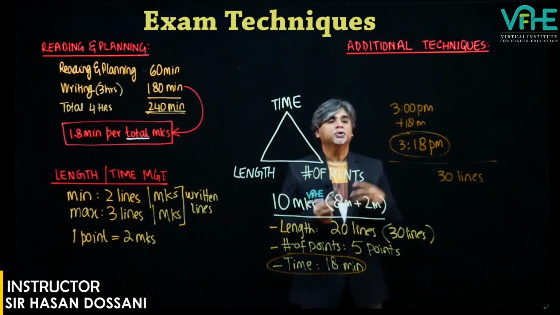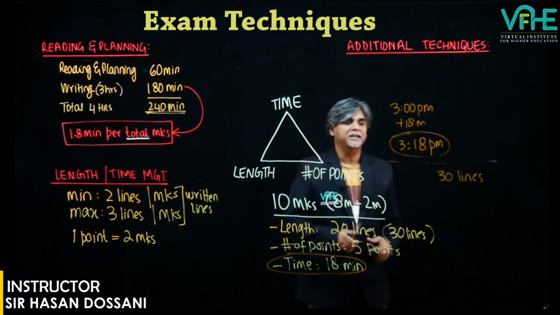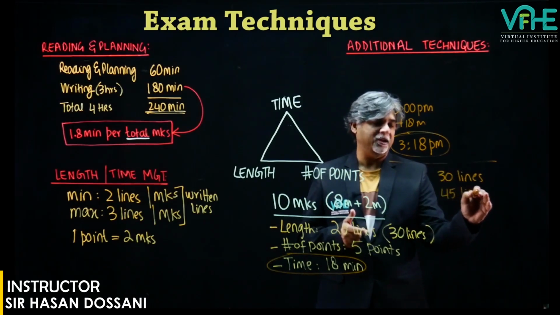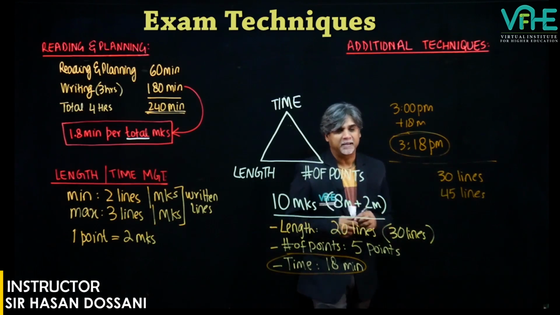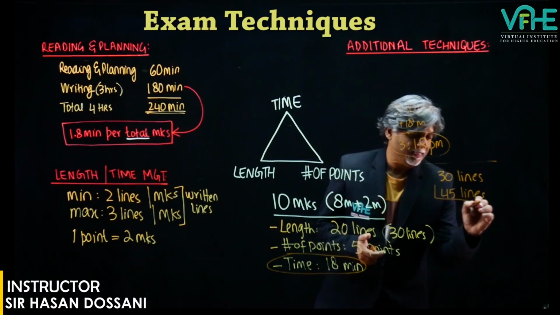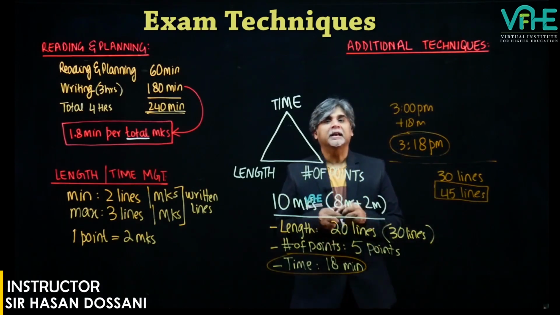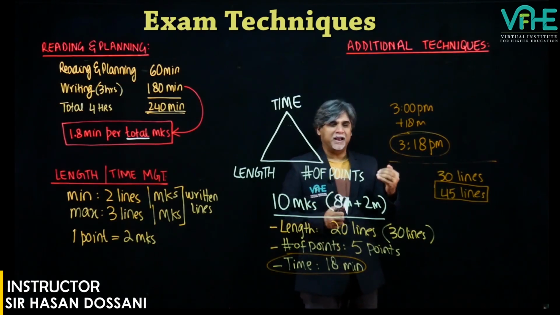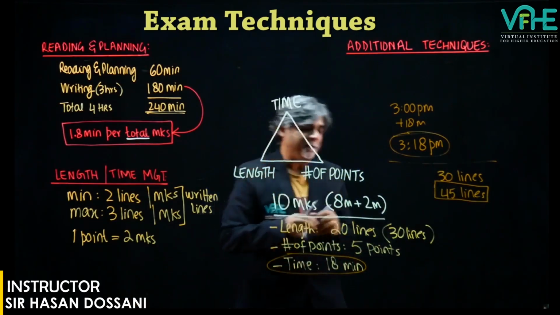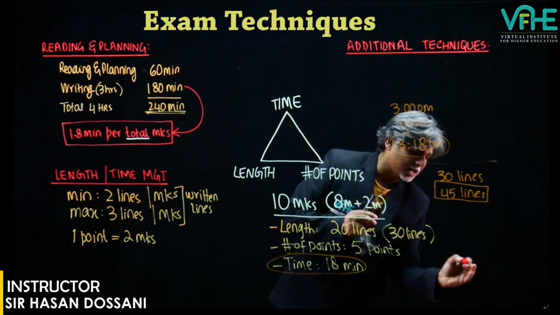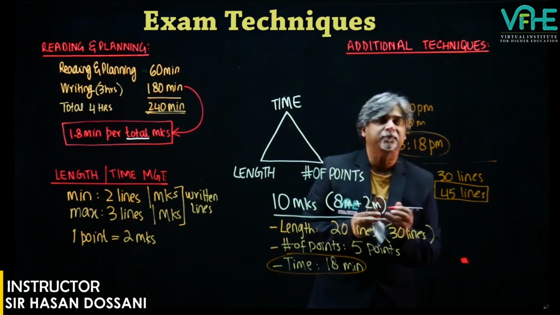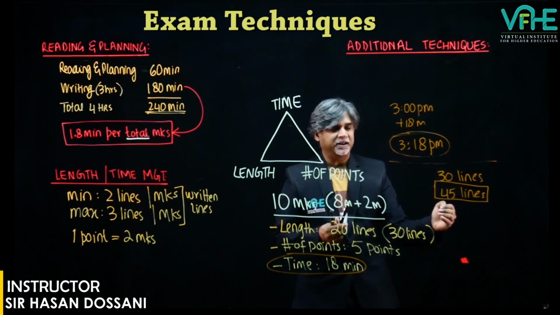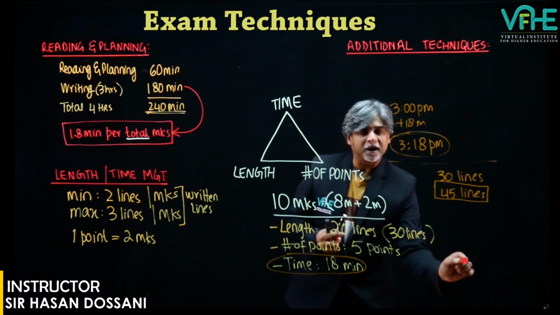This is 30 written lines. So if I add the blank lines and the headings and the format, let's say it would become 45 lines if I add all the blank lines and the headings and the format. So what you do is, another way of keeping track of your time is that on your answer sheet, count 45 lines and put a mark somewhere on the side around at the 45th line. Okay, so if there are lines on your sheet, count the lines and around 45 lines, put a mark or